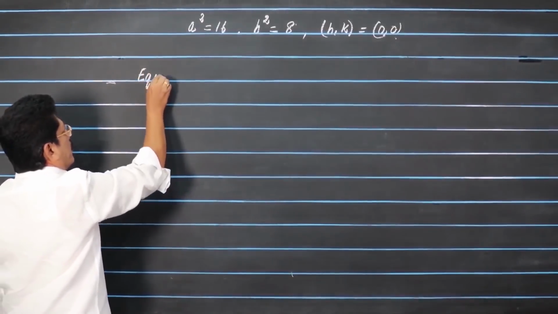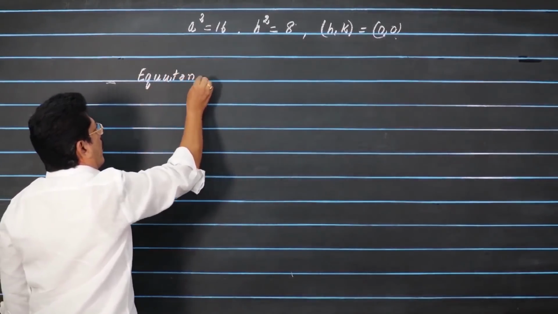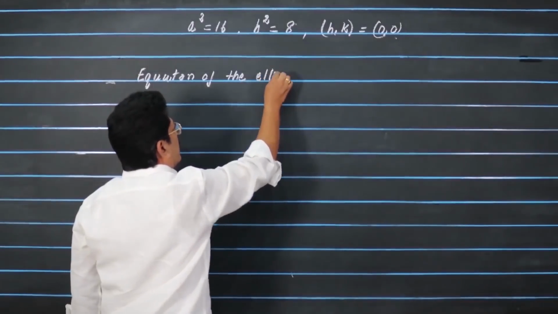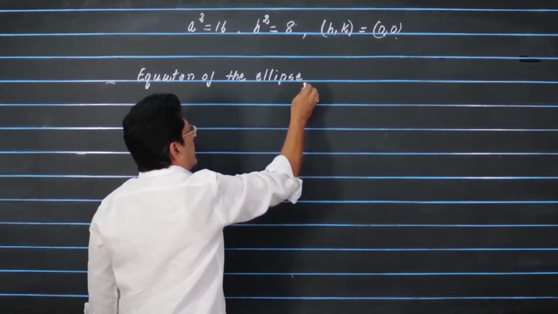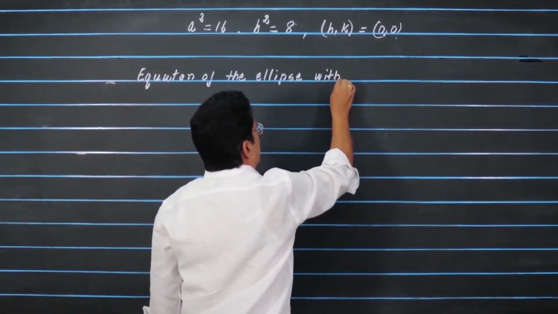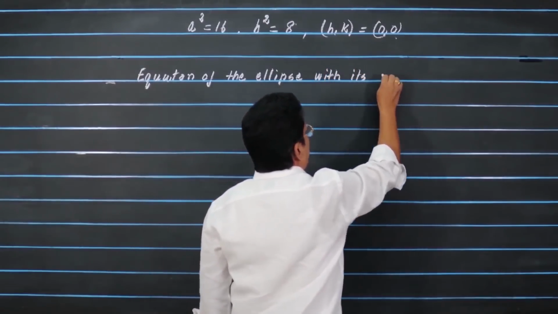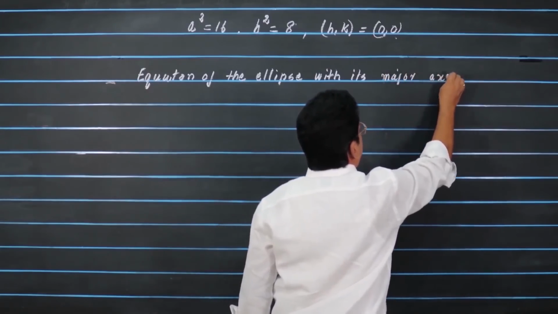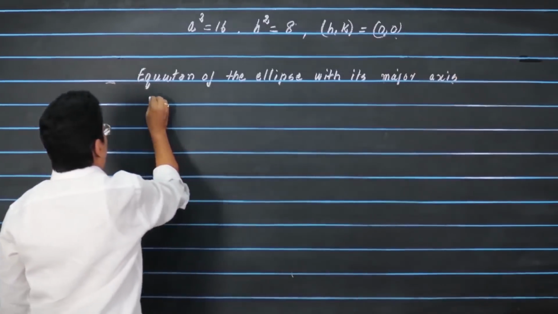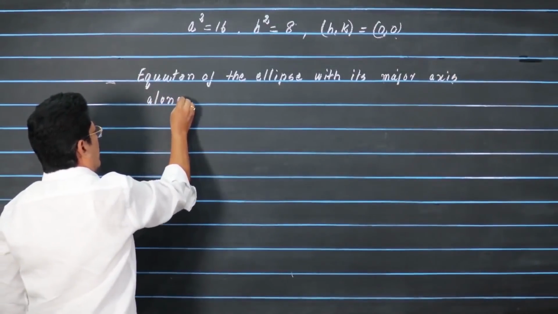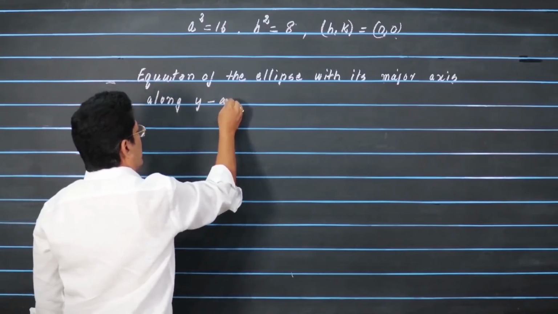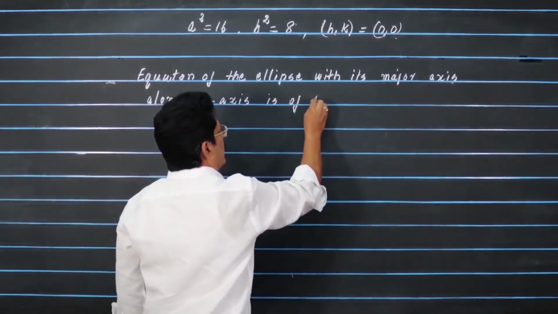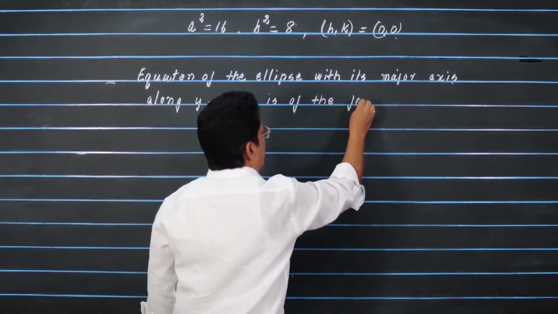The equation of the ellipse with its major axis along the y-axis is of the form